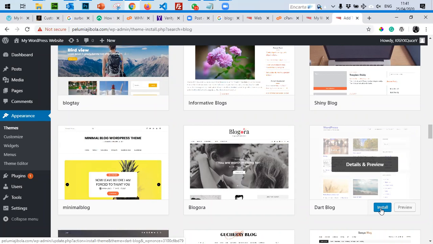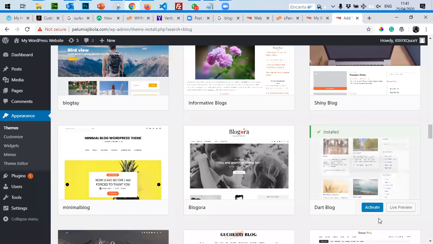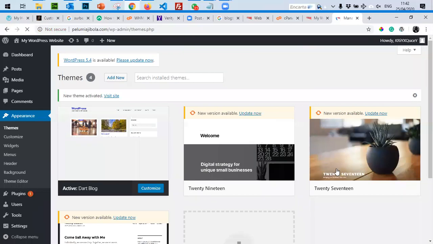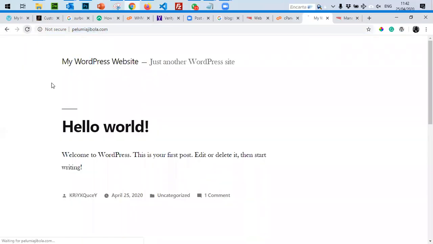So I click on install. And it tells me it has been installed. So I activate that theme. Now, activating the theme means that if I go back to the website, which is Pelumi Ajibola, and I refresh my page,